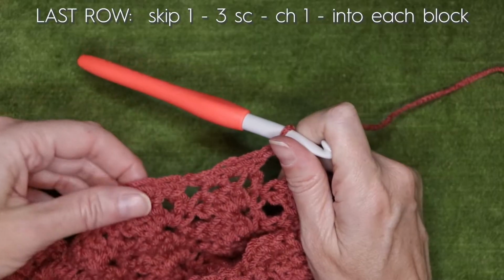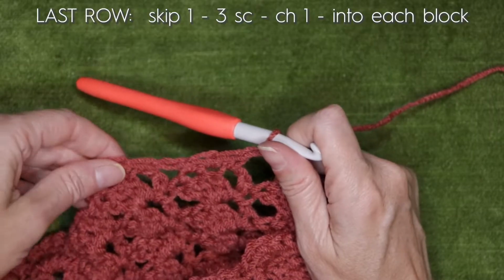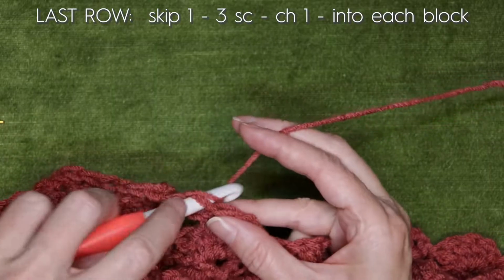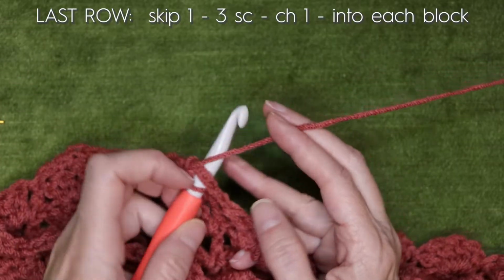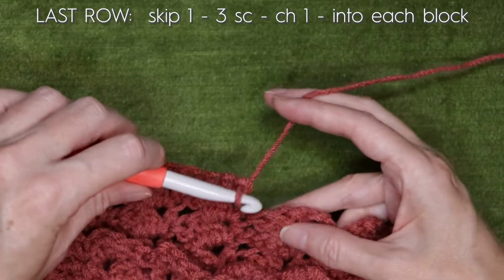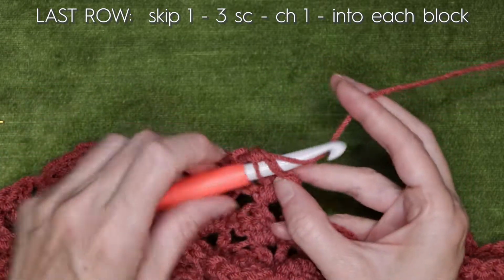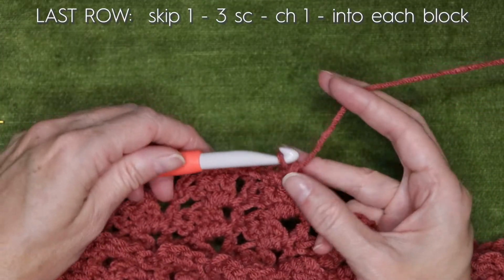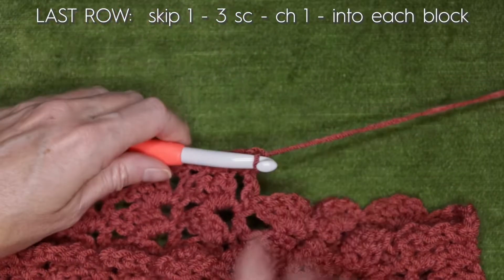And that's going to give a nice finish that matches the bottom of our snood, and it'll have the same amount of stretch. So skipping the stitch at the very bottom, working into the center stitch, 1 single crochet, the next 1 single crochet, and into the chain space, 1 single crochet, chain 1. Skipping a stitch, into the 2nd, 1 single crochet, into the next, 1 single crochet, and into the space, 1 single crochet, chain 1. So pause the video and keep working your way along, just finishing off the edge of